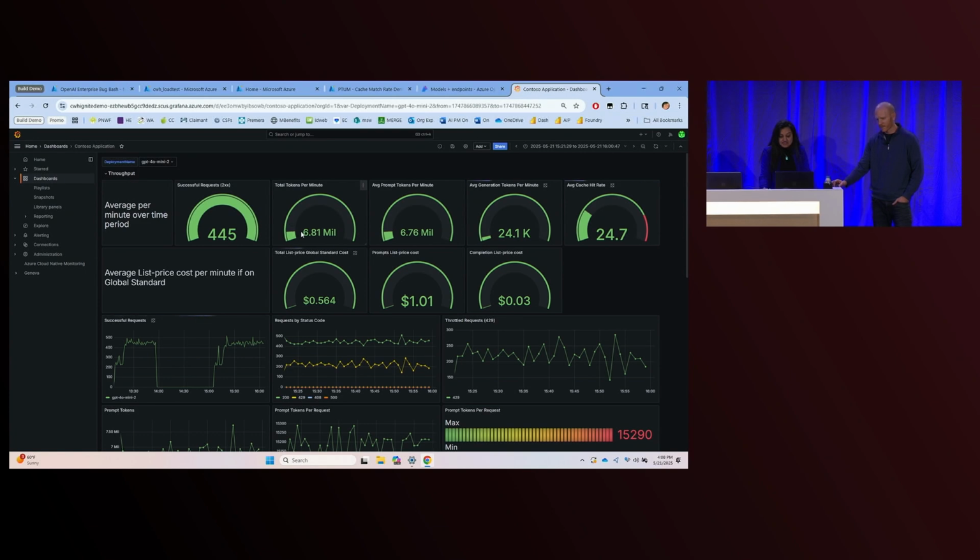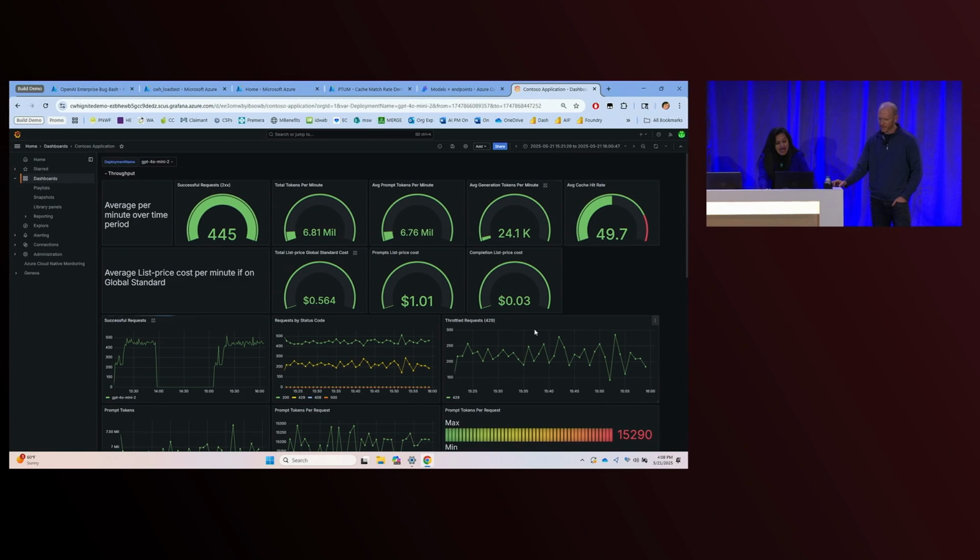I had 3.7 million, now I'm at 6.8 million tokens per minute. Throughput's doubled. And what I'm also going to see is the cost impact. While this is refreshing, you will notice that the list price is about 1.01 per minutely cost, and the generation one is 3 cents.